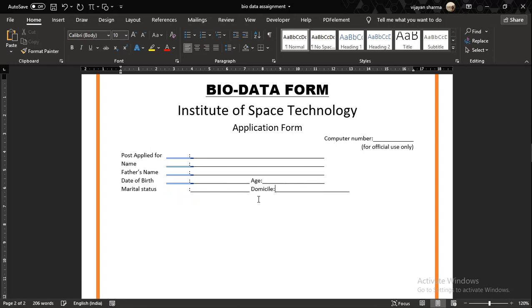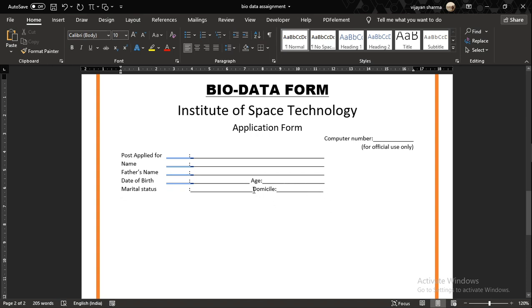Domicile, D-O-M-I-C-I-L-E, like this. Now this space is appearing, backspace, underline. The extra that is going should be deleted. This domicile line is also complete.